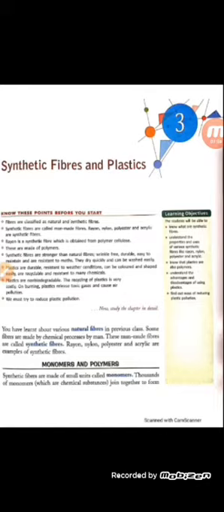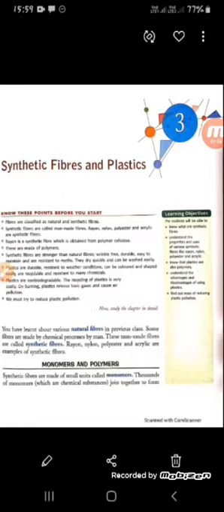Synthetic fibers are made of small units called monomers. Thousands of monomers join together to form a large unit called a polymer. You can say that monomers are joined in the form of necklace beads. You all have seen a necklace and garland also. In the garland and necklace, one small unit is called a bead, and they join together to make a garland. Monomers can combine in two different ways to form a polymer.